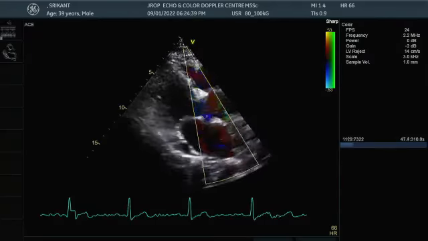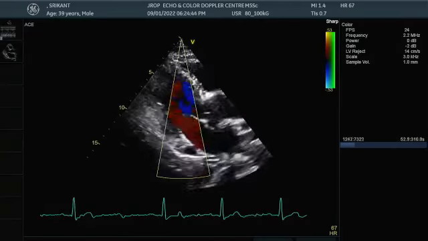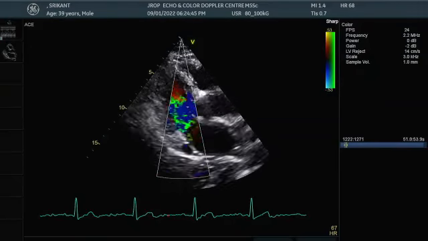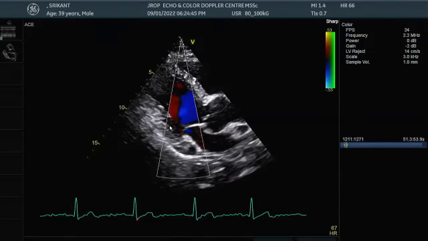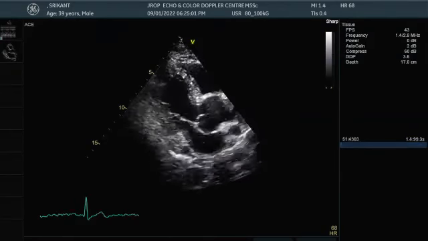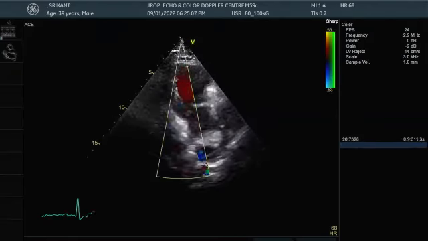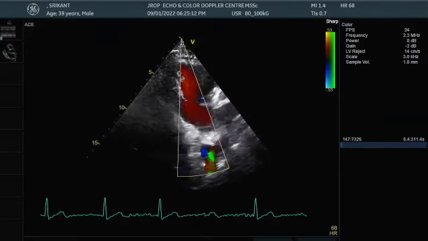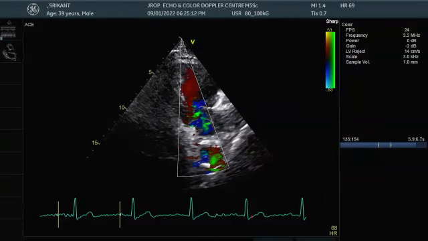And at this point, we can look at an AR and we can look at an MR. We can see a trivial MR in this subject, very small trivial MR, which is practically seen in every subject. It's here. Very small trivial MR jet you can see over here. Then RV inflow view to look at tricuspid flow as well as PR jet gradients. You can see a small amount of tricuspid regurgitation. It's here at the PR jet.